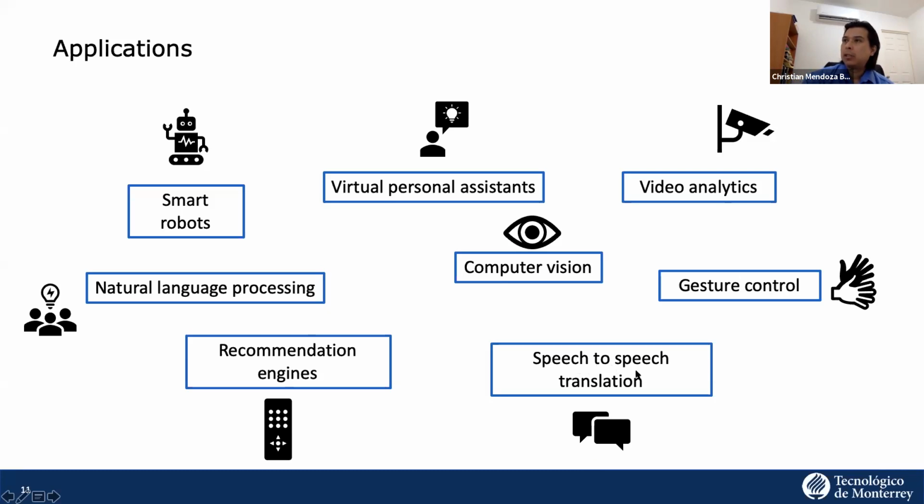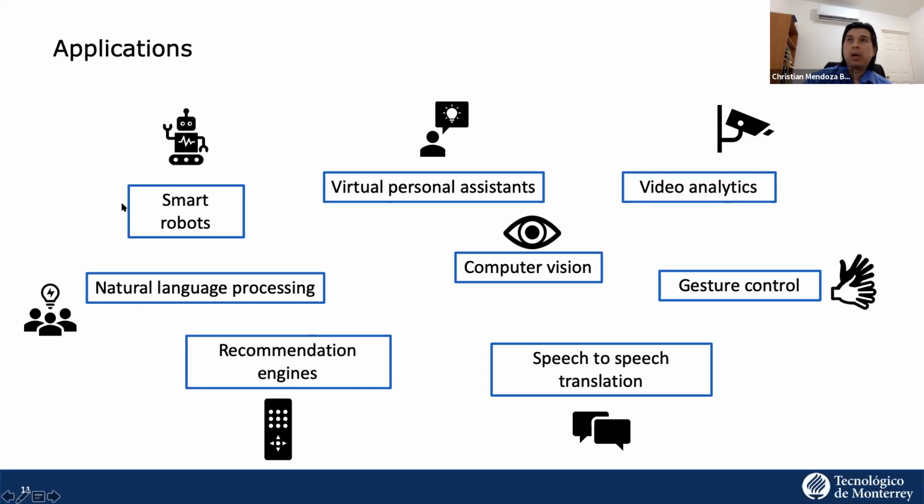You also have speech-to-speech translation. So the boundaries of different languages are being erased as we speak. We have computer vision, which is everything related to how a computer detects, analyzes, and classifies images. And you have natural language processing, which is quite interesting because imagine that computers are now listening to us and interpreting what we want. Think about maybe a Siri or the Google Assistant, where you talk to the cell phone and then they interpret what you're saying and they give you results because of that.